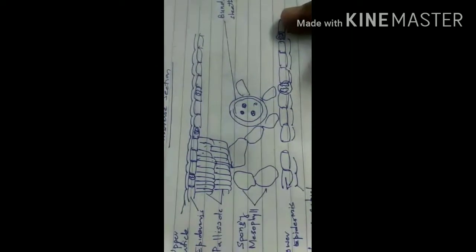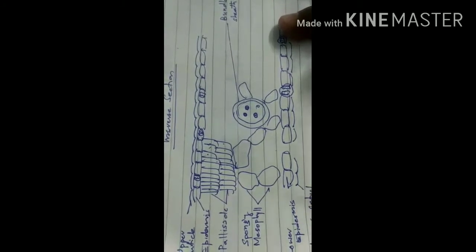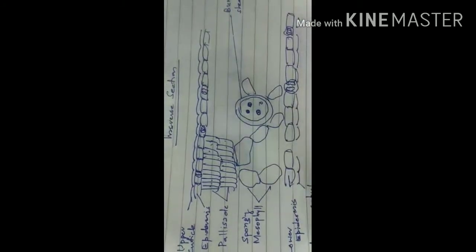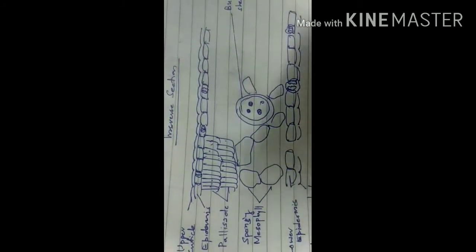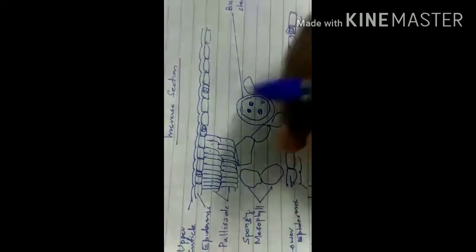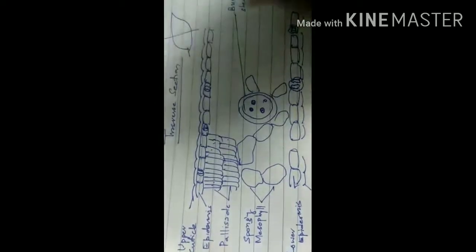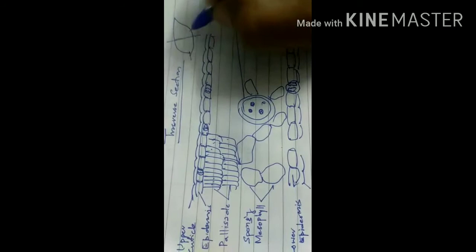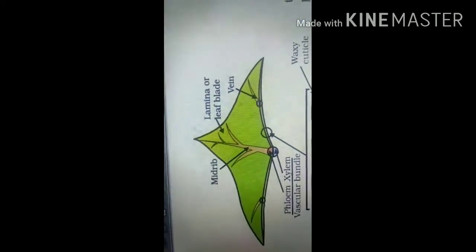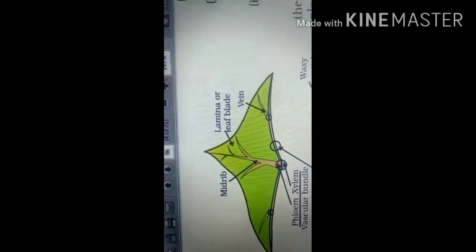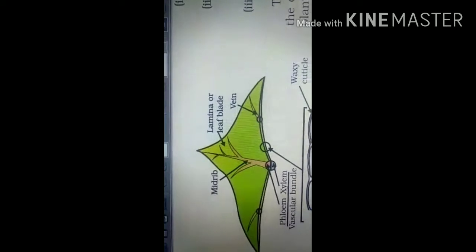So how will the leaf structure be visualized? It is visualized like this one. I have prepared a little bit, and then I can draw some more in front of you, so you can be aware of this. If you can see, suppose this is a leaf, and we have made a transverse section in it, and this is the part from where we have taken the leaf structure.